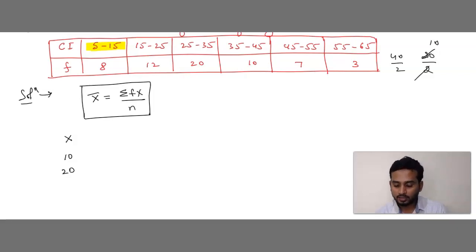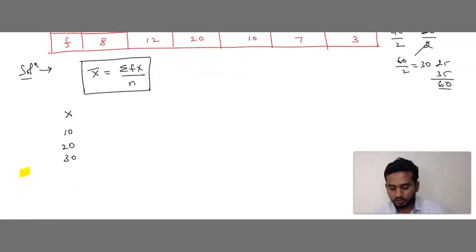Next, one more number you can also find if you want. 25 plus 35, how much? 25 plus 35 is 60. Correct? 60 by 2, how much? 30. Right? 30. If you find 1, 2 or 3 values, that is enough. After these 3 values, how many numbers are left out? Another 3 numbers are left out. See, after 10 we got 20, after 20 we got 30. Totally how many do we have? 1, 2, 3, 4, 5, 6. Correct?